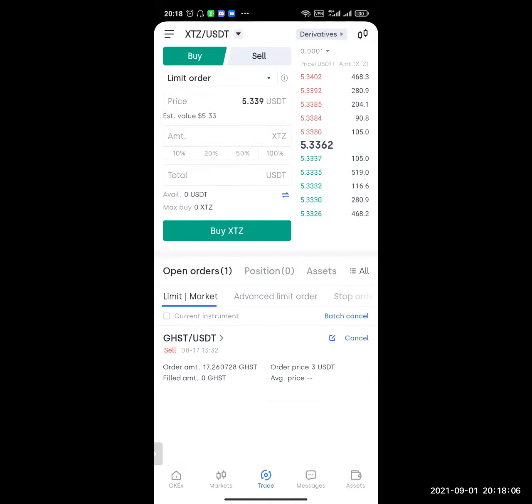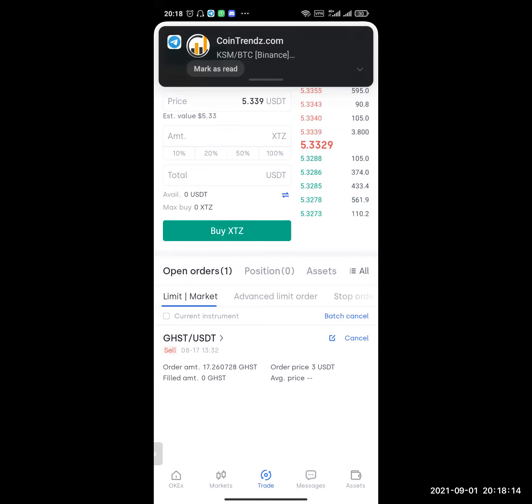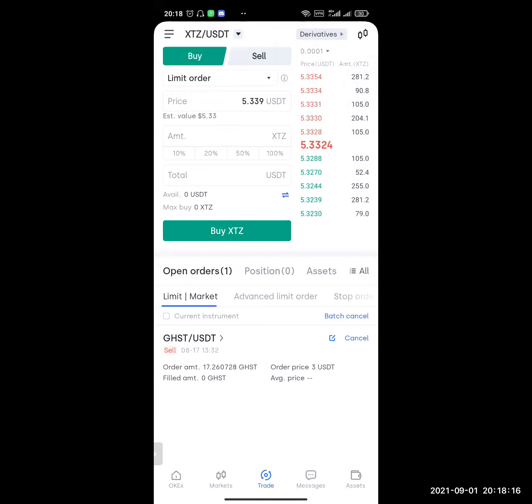Now, let's look at XTZ, for example. Tezos. This Tezos now, I booked profit at $4. I booked profit at $4. And now it has gotten to 5.3. Let's take, for example, now, you used,